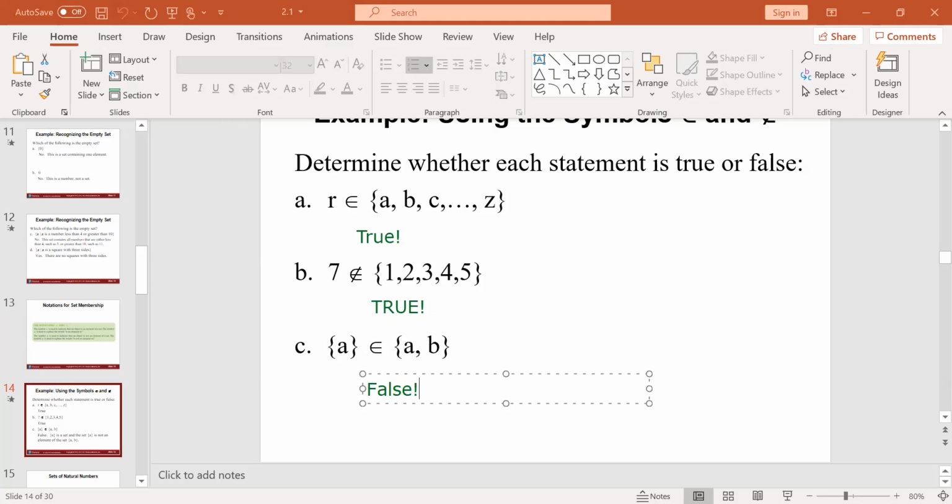And the reason it's false is because this is so confusing, and I hate it when they go to this level. But the idea is that the set containing A is a set. It's not an element, or it's not a single element. If I were to have done this,